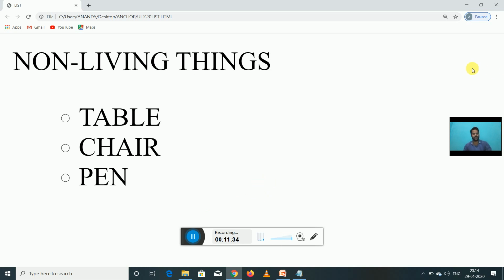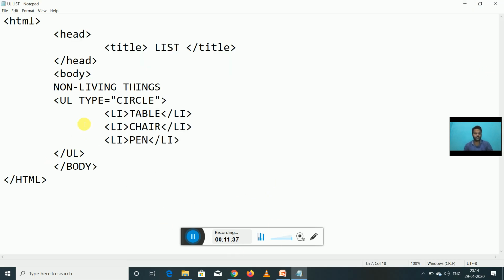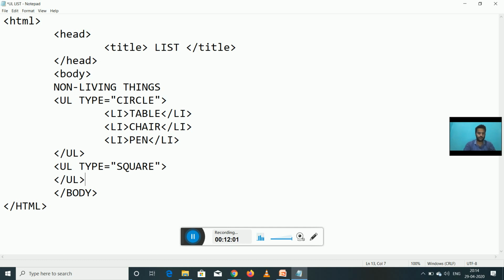Now I will elaborate this with some extra ul tags. So I use ul type equals to square. Then ul will be closed, and we have to make the li tags.